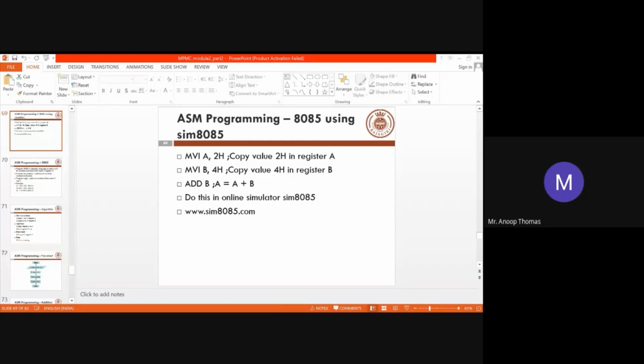Not compiling, assembling. It is called assembling because it gets converted into machine language. So we are giving assembly as input. That is why it is called an assembler. What I want you to do is just type in MVI A comma 2H.